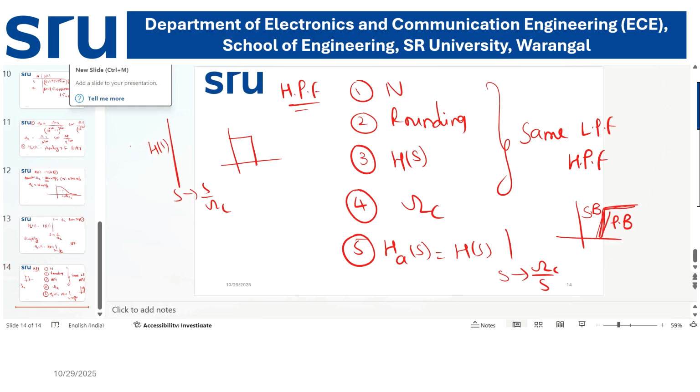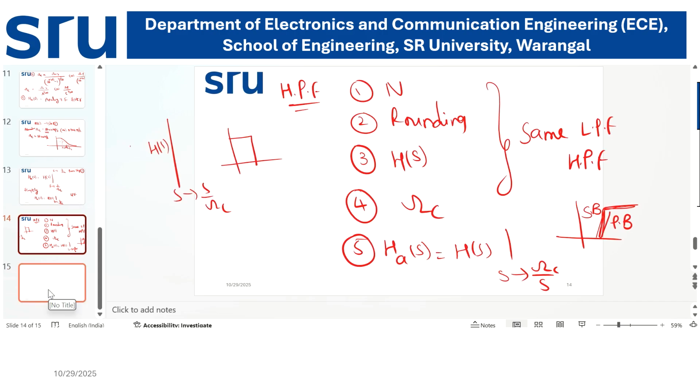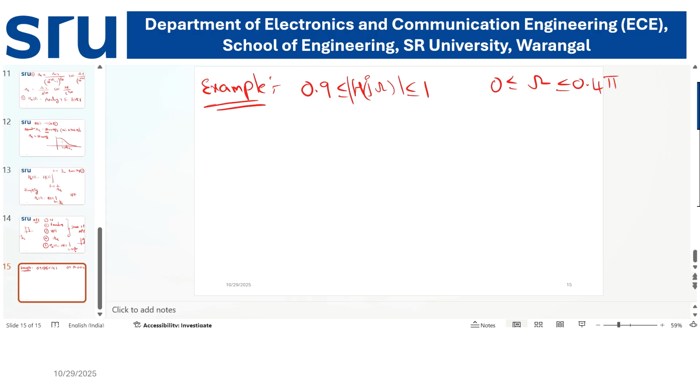By using the same design process, we will see how to draw the characteristics. Suppose, as an example, I consider this one, which we will solve in the next class. 0.9 less than or equal to magnitude of H of j omega less than or equal to 1 for 0 less than or equal to omega less than or equal to 0.4 pi, and the magnitude is less than or equal to 0.2 for